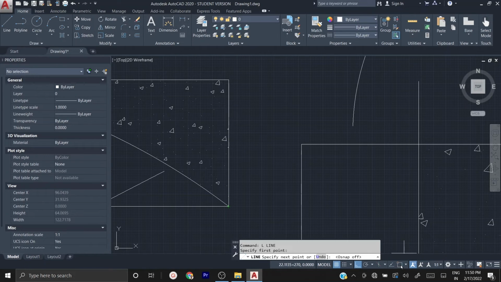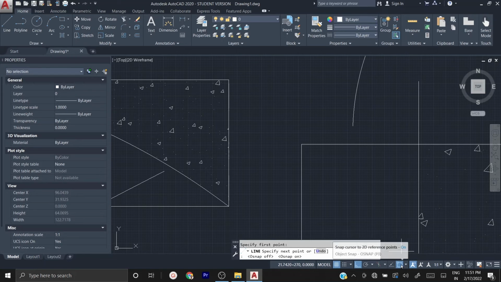If you switch off the object snap, you won't get any help. So it won't highlight the line or it won't highlight the end. So if you want to create an errorless drawing, it's very important to keep your drawing in object snap on. See, you can click this icon to switch on the object snap, or you can press F3. F3 is the shortcut to switch on and off the object snap. Once you press F3, the object snap gets switched on. Again, if you press F3, the object snap will get switched off. So either you can use the function key or you can press here.